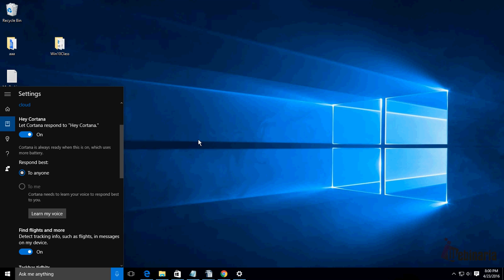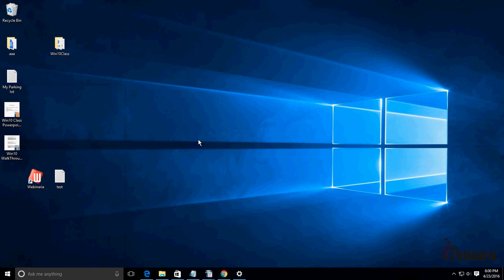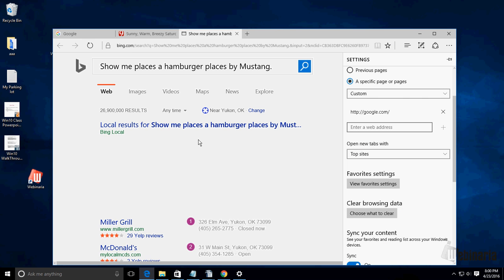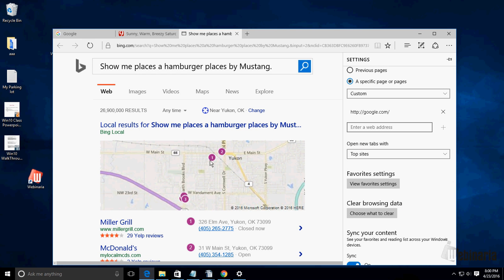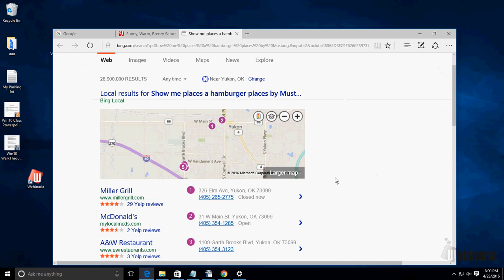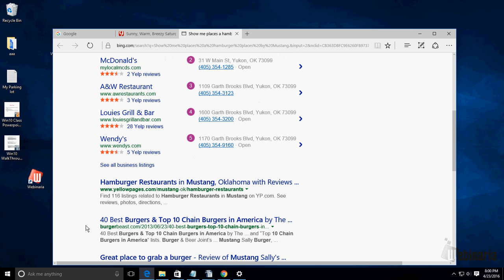Now, since I enabled Hey Cortana, this can actually be hands-free. So now I can go, Hey Cortana, show me hamburger places by Mustang. And you'll actually see right here, there's a few hamburger places. It probably skewed the results because I actually live in Yukon, not Mustang. So it's looking for Yukon because it knows I live in Yukon. But you'll see how you can use it to look up